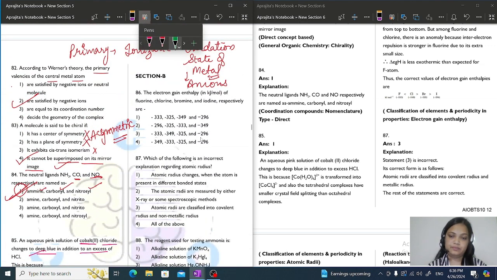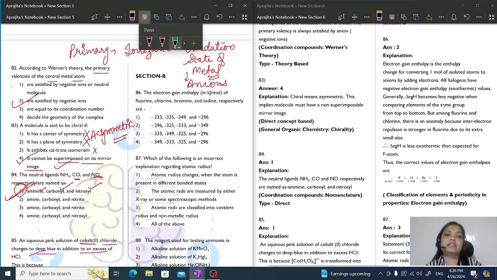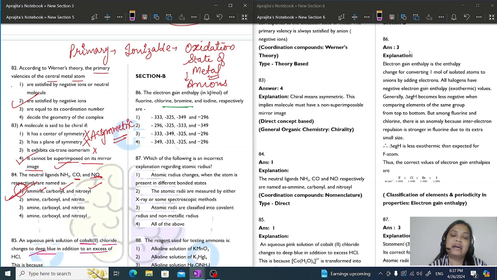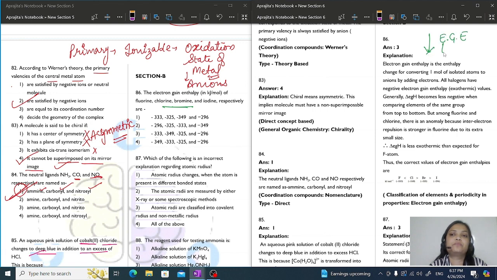Next up, electron gain enthalpy of fluorine, chlorine, bromine and iodine. This is very interesting. Electron gain enthalpy is the enthalpy for converting a neutral atom to an anion. Whenever an electron is added to a neutral atom, the energy released is called the electron gain enthalpy. All the halogens, since they require just one electron to become stable, have negative electron gain enthalpies. Generally, when moving down the group, the value of electron gain enthalpy becomes less